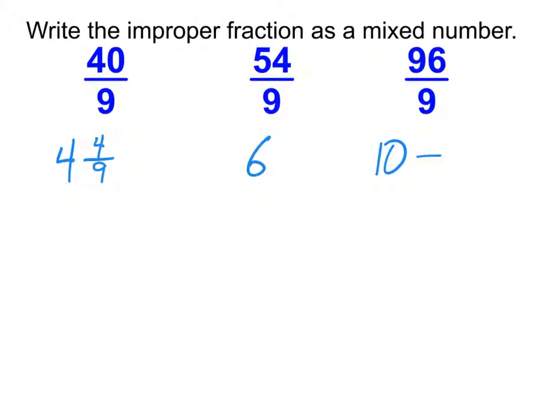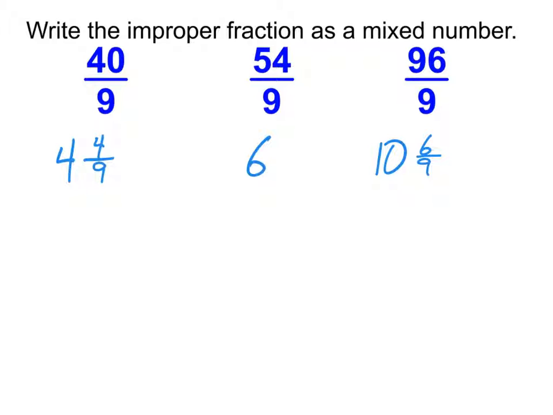So then, if that is 90, that means we have 6 left over. But you'll notice my fraction in this case. This one's not done, because 6 ninths reduces. If you wanted to, you actually could have started by reducing that as well. It's just that those were much bigger numbers. It's often a little bit easier to reduce this one. But again, as long as you reduce it eventually, which part of it you do first, it's going to work